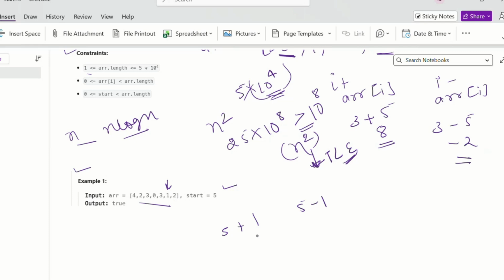So we can move either to 6 or to 4. Suppose we move to 4. So after moving to 4, we are at the fourth index. So from fourth index, we see 4 plus 3 and 4 minus 3. So we can move either to seventh index or to first index. Since there is no seventh index, we will be moving to first index.